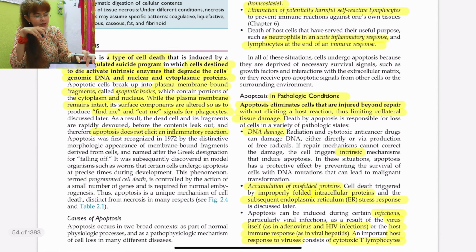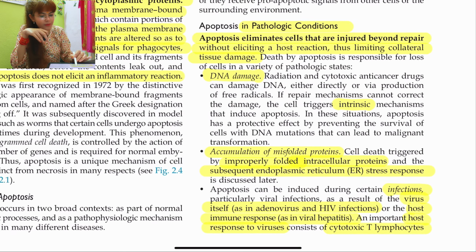In case of pathological conditions, what is very important to understand here is that whenever the cells are injured beyond repair, whenever a cell cannot repair itself and it has lost its function, it is functioning in a dysregulated manner, then it is important that that cell undergoes apoptosis. अच्छा है कि वो मर जाए, ठीक है, वो एग्जिस्ट करना उसके लिए ज्यादा ही बुरा बात है, ठीक है.